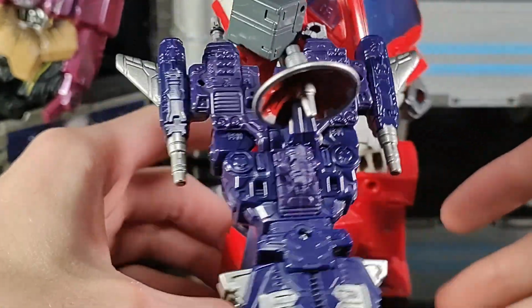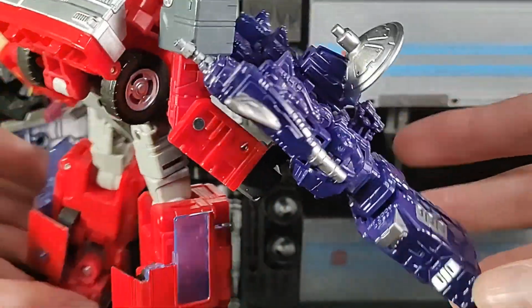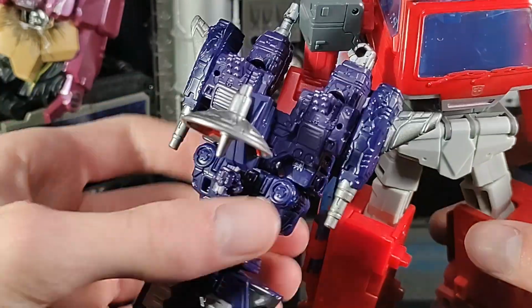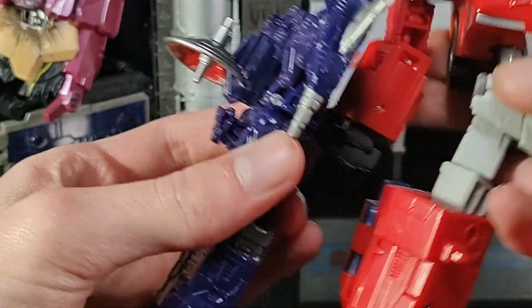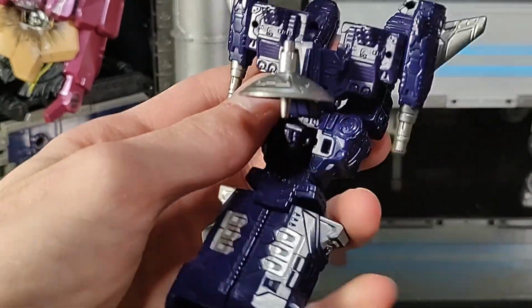I'm glad that they were able to sneak that into this figure, but it's a nice reference to what the original alt mode was, that space cannon from G1, so that is actually pretty cool. I never noticed that until just the other day when I was messing with this figure, but overall I think alt mode